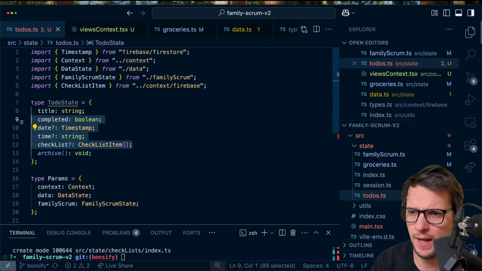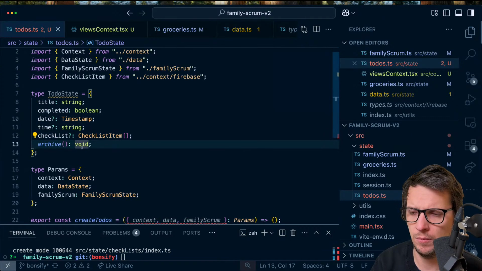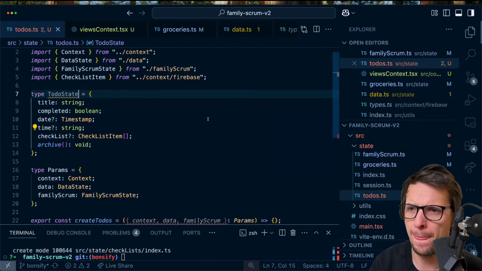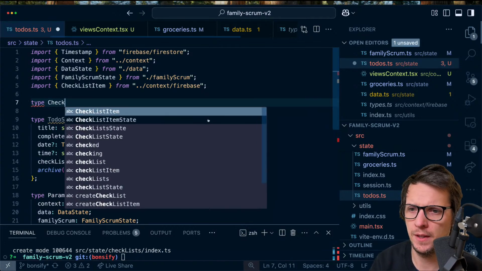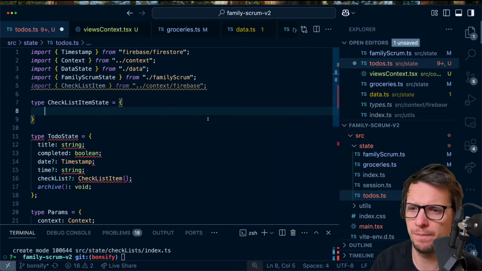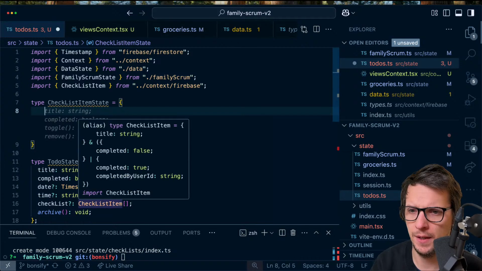Yes, so it might have either of these things where I'm going to say type checklist item state. So a checklist item has a title, completed, and the only thing you're allowed to do with a checklist item is to toggle it and remove it. The problem is this union we have,